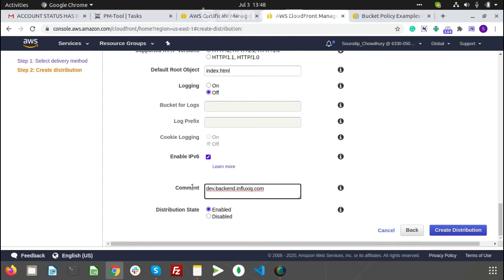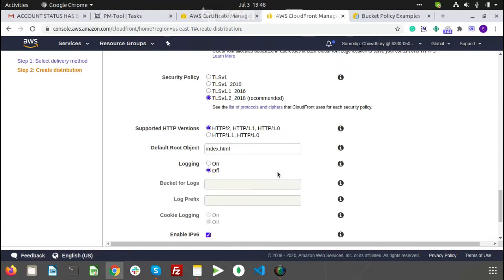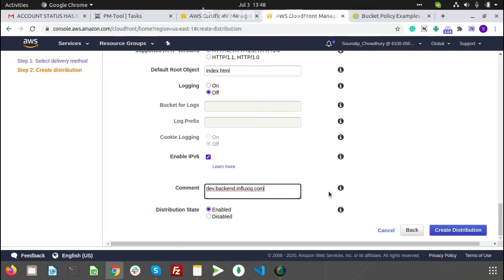And over here another comment section, I'm pasting this so that I can easily find which CloudFront distribution was created to point this project, and we will create the distribution.